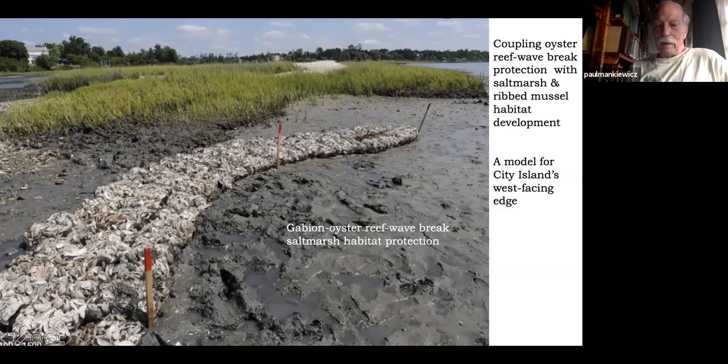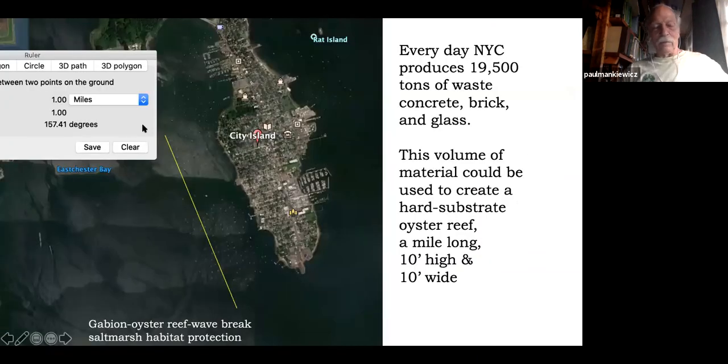We had a rocky archipelago breaking the energy, and behind it, the soft sediments deposited and things developed. So the missing ingredient at this moment in time is we have Part 360s. We have waste handling regulations in the state of New York that require everything to be thrown out. So basically you have to get rid of the material. So the good part is we're not poisoning one another. The bad part is basically we have